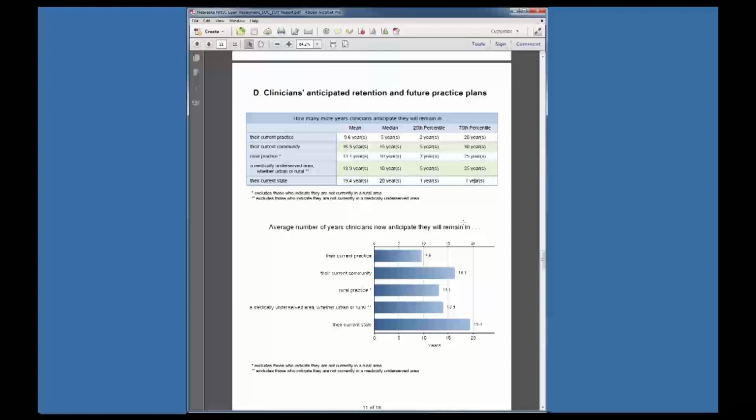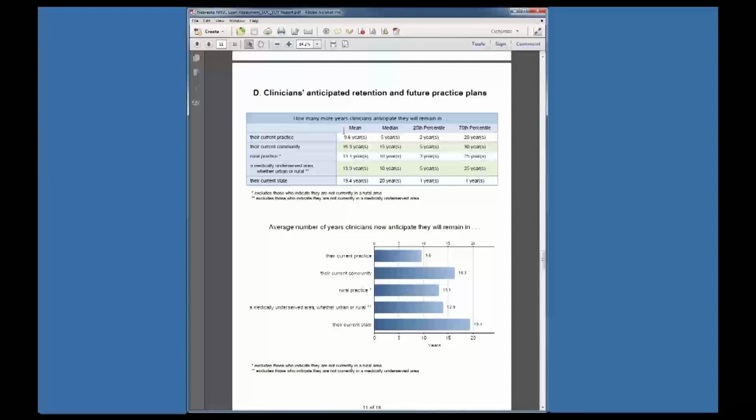Ultimately, I would suggest that the way we might best understand how to affect retention is that these numbers are more positive way out here than they will prove to be over time. But we will, over time, have the data that will let us say what predicts that someone will leave sooner than they initially thought they would. Because that is a particular area of lost opportunity, and we want to focus on those areas.